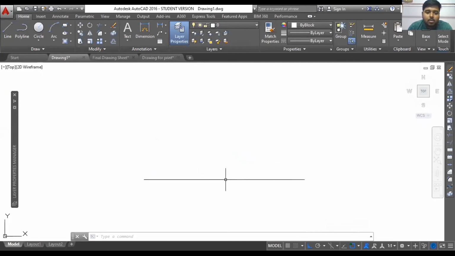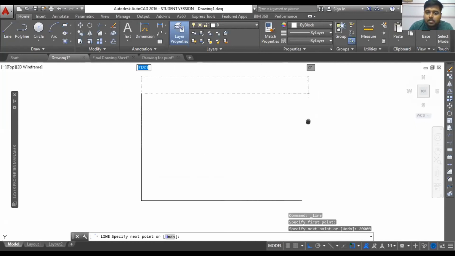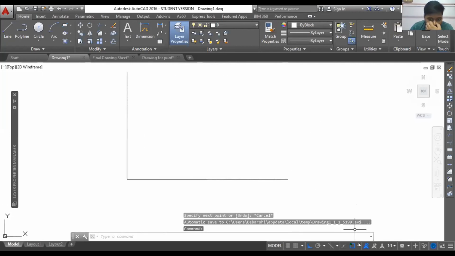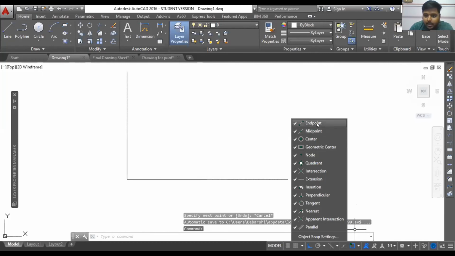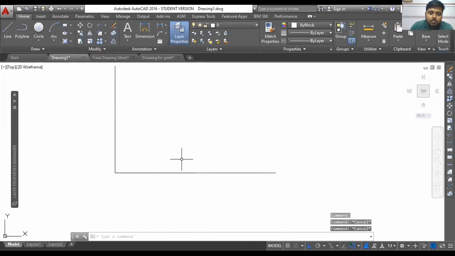So basically, this is how you can draw a line. Then, in order to enter the length of the line, you can easily do that. And there are some different options which you can keep on, like endpoint, midpoint, center. So what are these? If you keep all these on, whenever you move your cursor with the line tool, it automatically detects the endpoint of the line. Here also it automatically detects the center of the line, showing as a triangle.